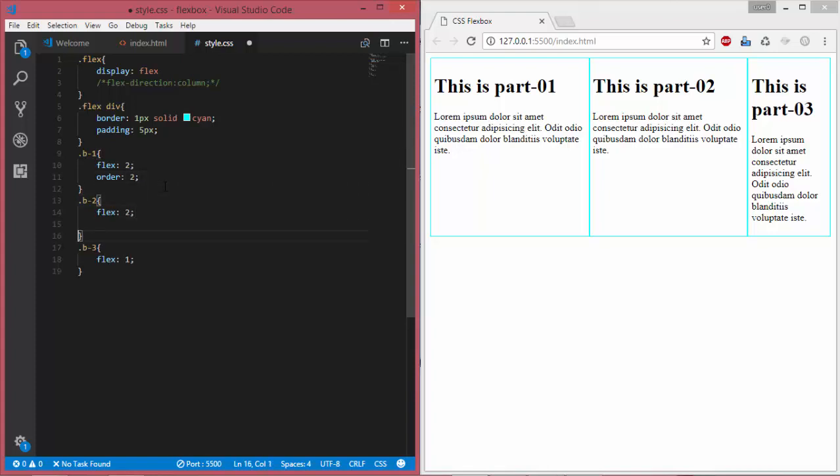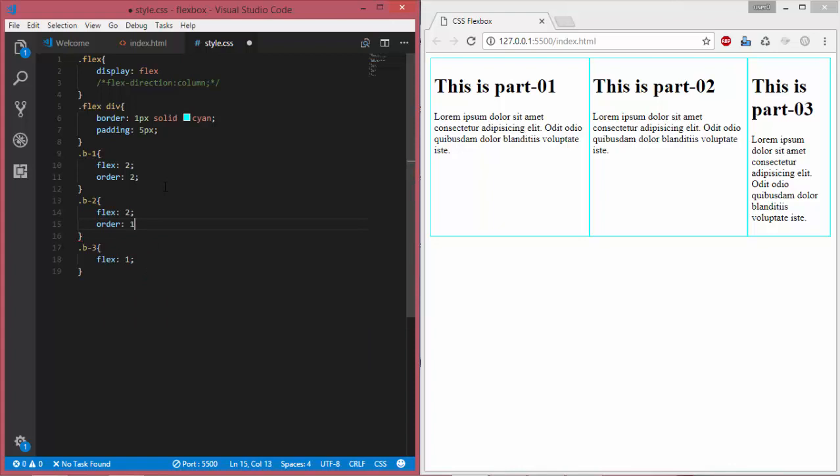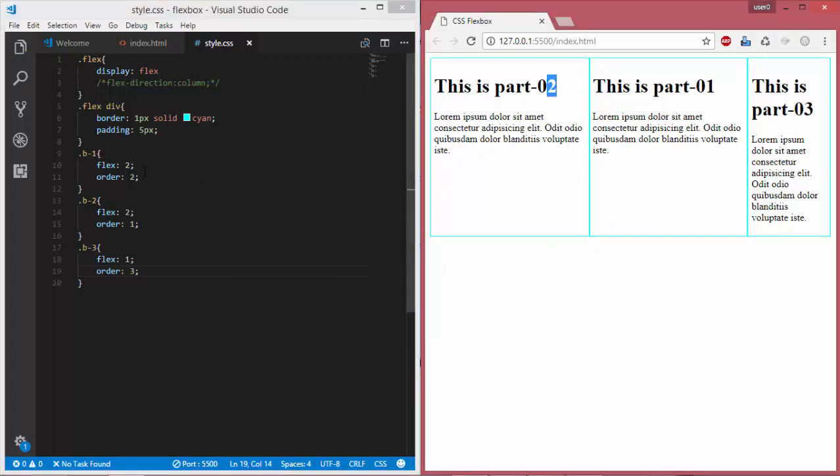the second section I just declare the order is 1, and the third portion is order 3. Okay, let's do it. So you see that our alignment is changed. See, part 2 appears in the first position because I